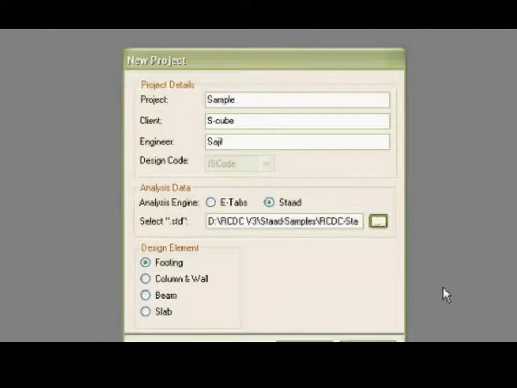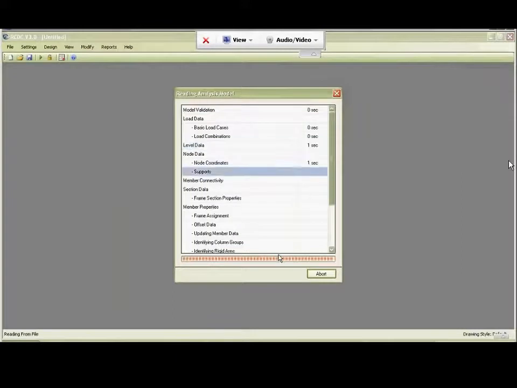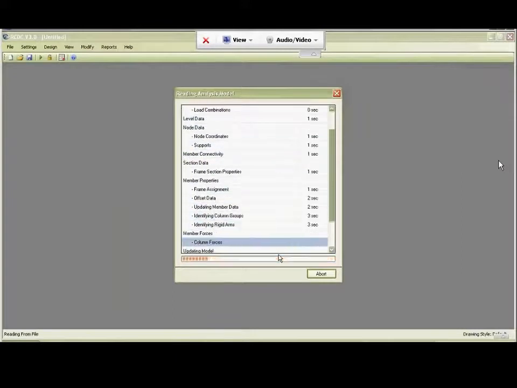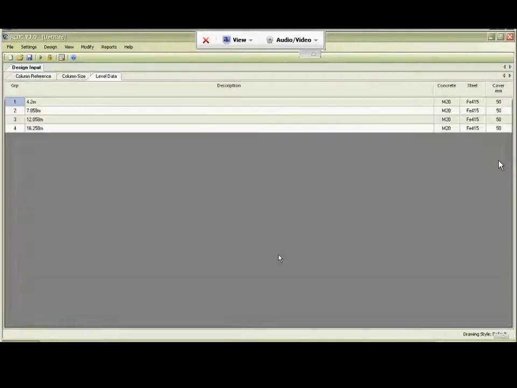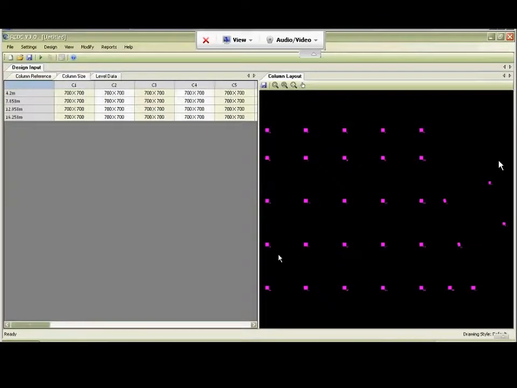Let's say we start with columns and walls. That's generally the primary element that we start working with anyway. I select columns and walls and say OK. Now the software will go into STAAD, read all the information and also understand and interpret the information to create logical data for design. So just take a moment, all the information has been read